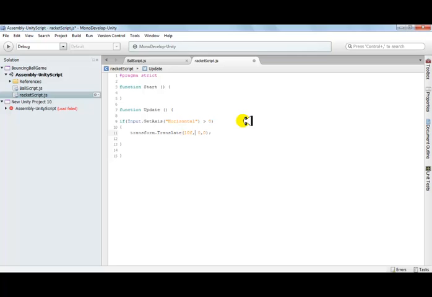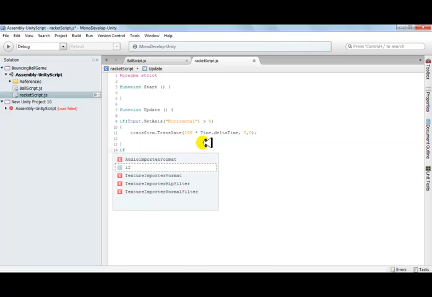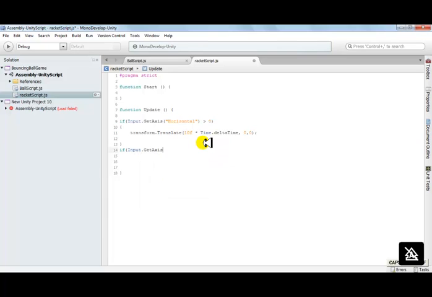but not towards y and z. When you do this, make sure you multiply it by Time.deltaTime, meaning from the last frame up till now, however much time has passed. So from the last frame up till now, only 10 units should be moved. So only if it is greater than 0, meaning if the right key is being pressed. Alright. Okay, and if it's not the right key, then if Input.GetAxis